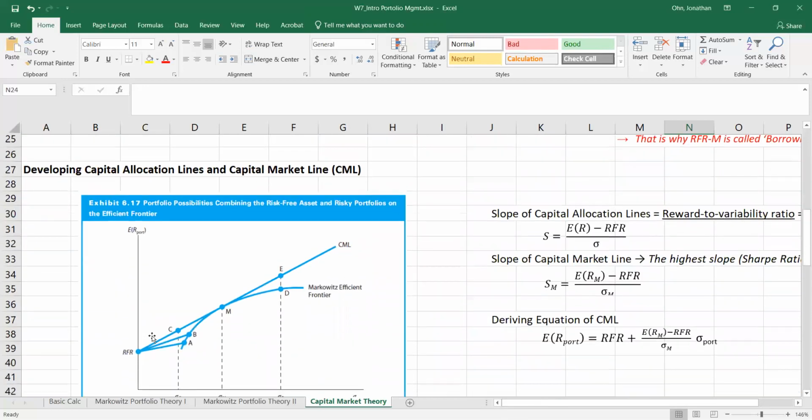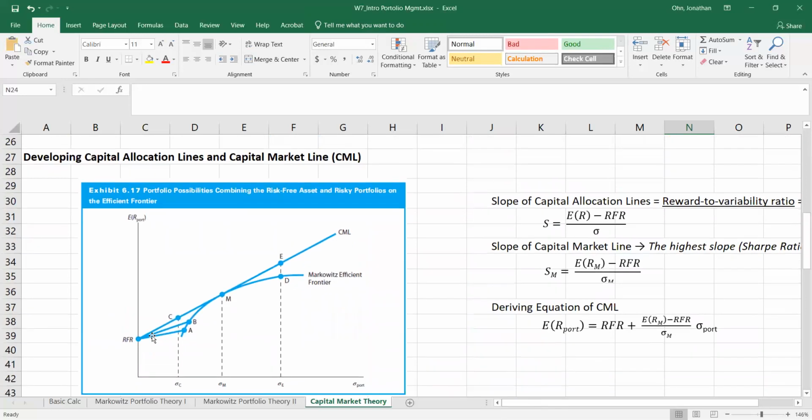All right, as I said, the capital market theory, capital allocation line, creates the capital market line here. Okay, now